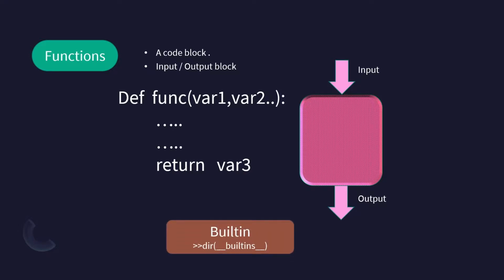Built-ins. There are a lot of functions that we have been using so far, like type and print. These are all built-ins. Built-ins means these functions are made available by the Python interpreter to all programs. To see all the built-in functions available to your program, you can always type dir(__builtins__), so that you get the list of built-ins available to you during programming. You may not explicitly include these functions, but they are always available to you for work. Alright, so this is built-ins.